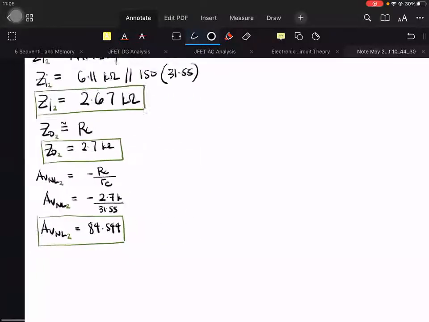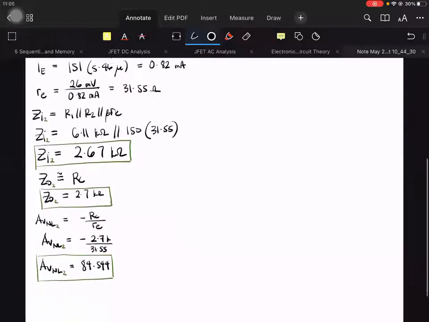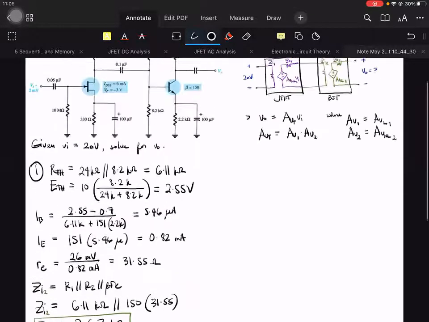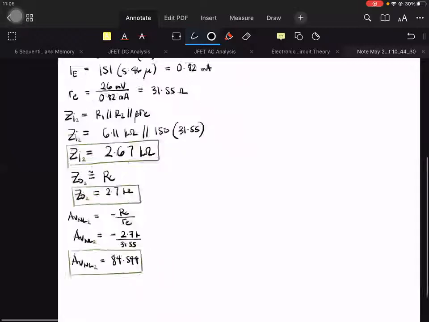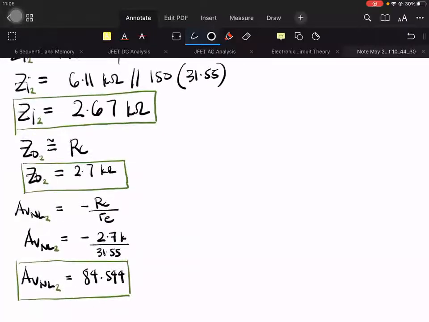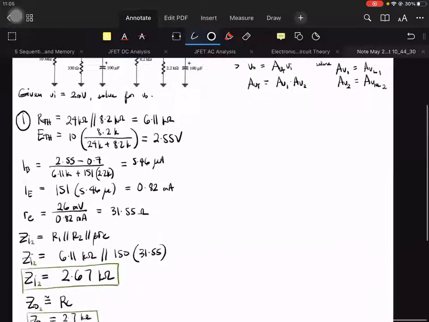So far, are you getting it? No? AV and L2 is what's required for amplifier 2. So this is enough for the first part. For the second part,